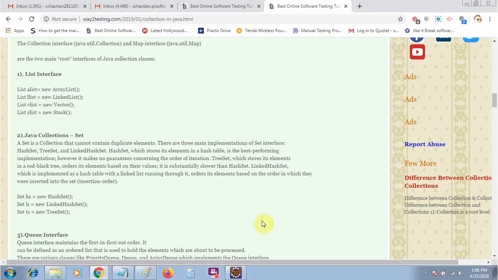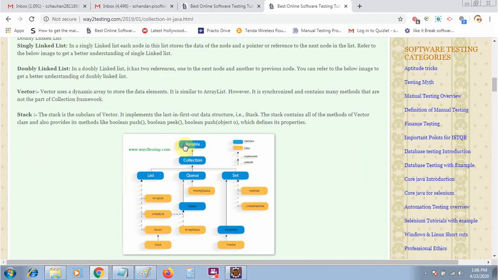We will start with the collection list interface and then move further. Let's start with an example of the list interface, and I will also let you know how we implement the iterable interface to iterate the values from the list.